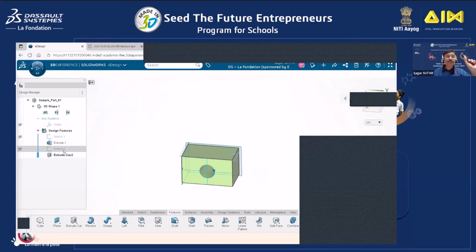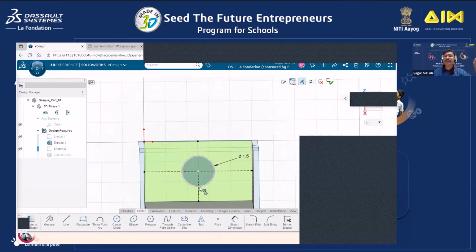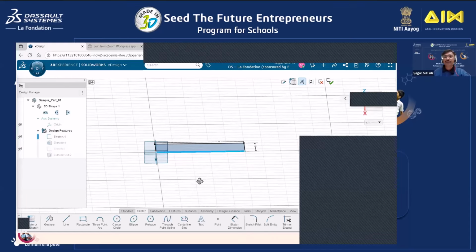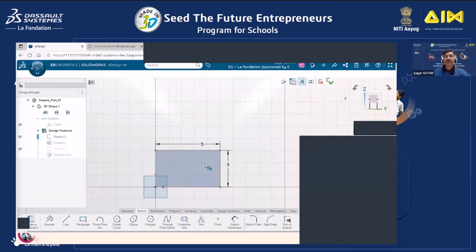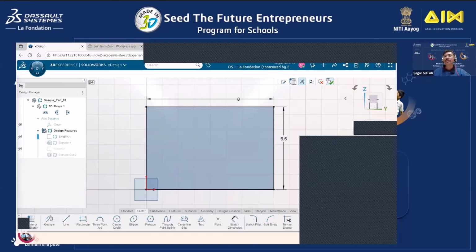Now see, what is the importance of providing proper dimensions? As you can see, we have used design intent, that our circle is exactly at the center of this rectangle. Let us try to change the dimension and see whether every time we are going to create this hole exactly at the center. Now you remember we created this sketch and we used the dimension 3 centimeter by 5 centimeter. I will change this dimension to, let us say, 5.5 centimeter. If I exit